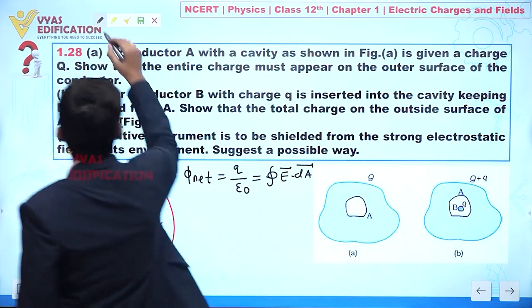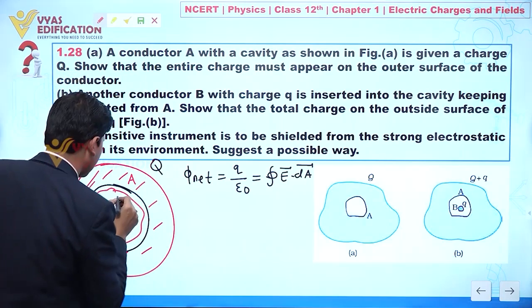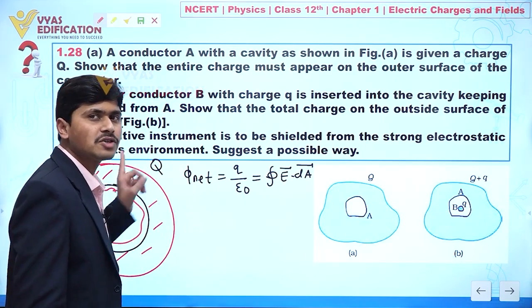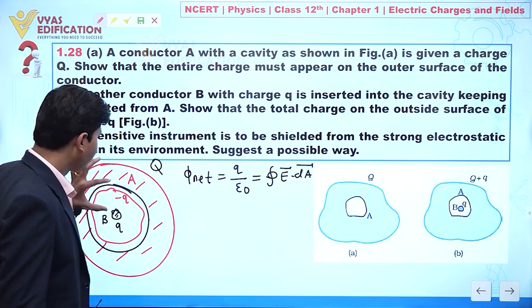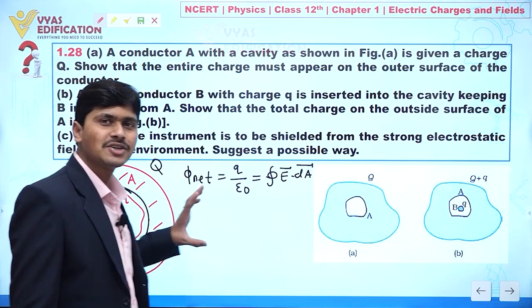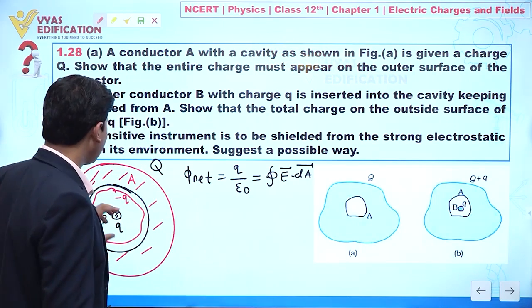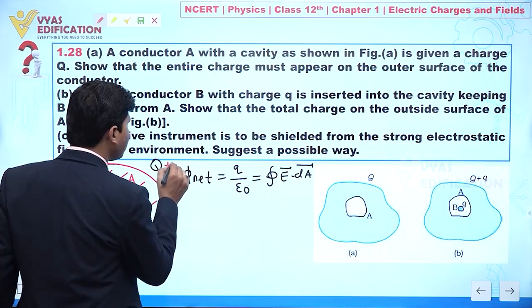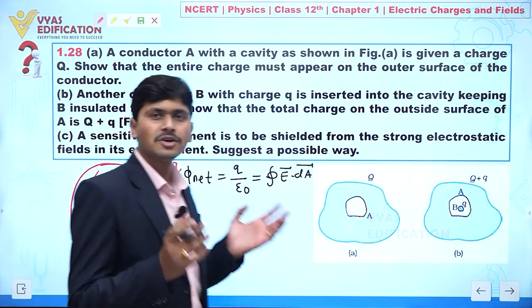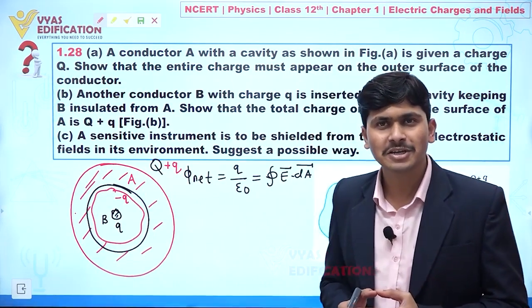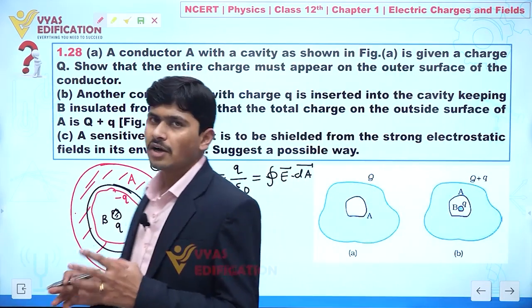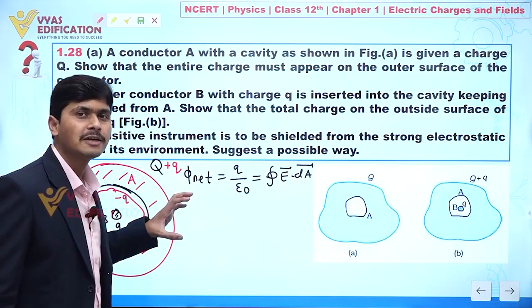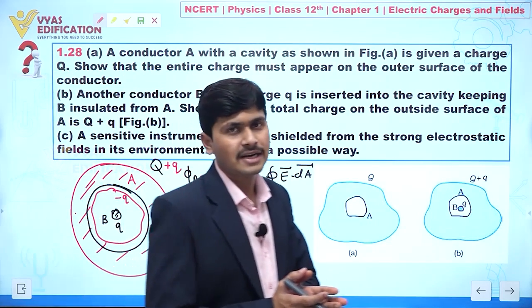Yes or no? It means if I provide minus Q charge on the inside surface of conductor A, then the net charge inside this Gaussian surface is 0. Yes or no? But if we are introducing minus Q, definitely we have to add plus Q, so that the total charge on conductor A remains capital Q. Yes or no? So now we can see